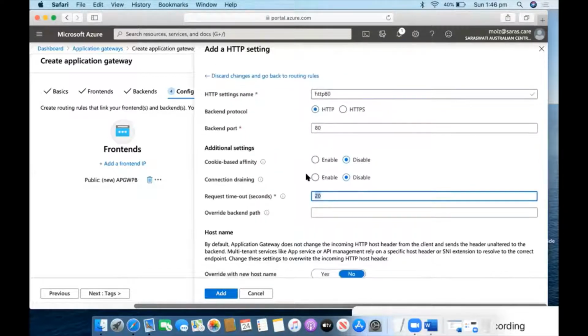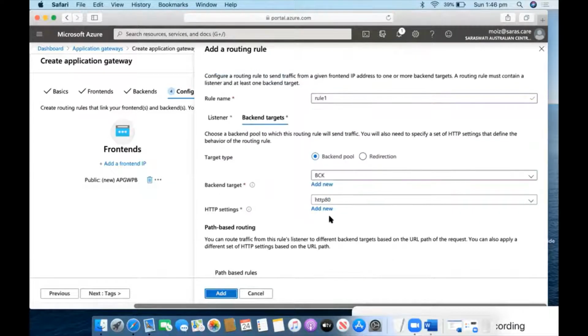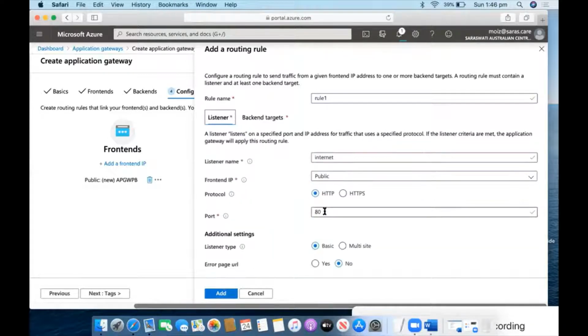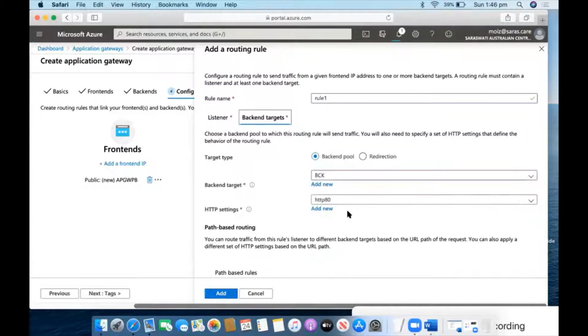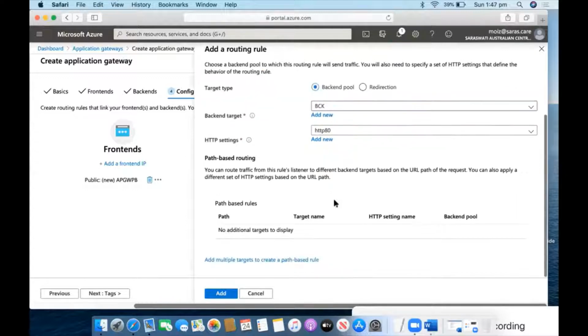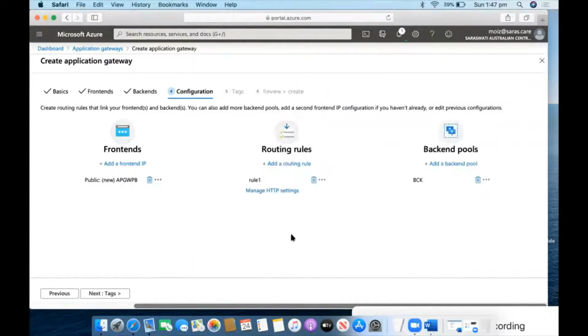Next, in this setting, I've only said the same thing. HTTP, I have given the name, I have given the port, that's it, and the timeout is 20 seconds, that's all. So I have selected the HTTP settings. By default it has been configured here, but on the public end. But now I am configuring on my Azure side. All right, so I will say add. So now this rule has been created between your public and your Azure server. Whenever HTTP traffic is coming to this particular pool, definitely it will allow it.